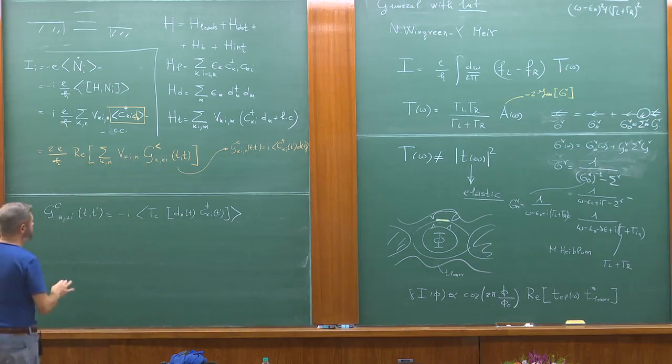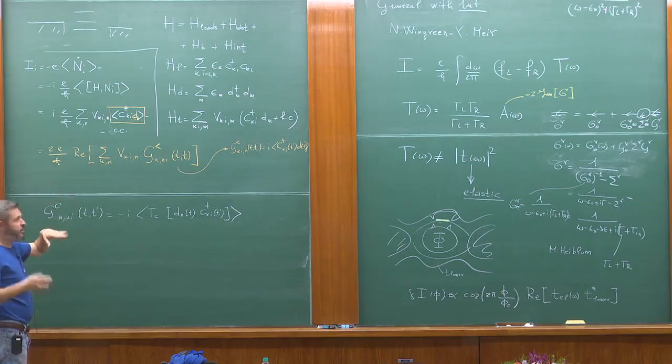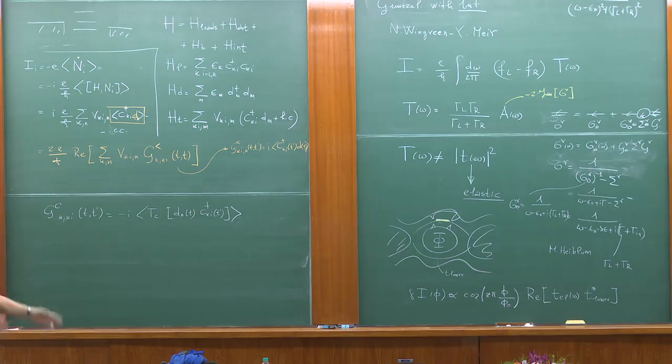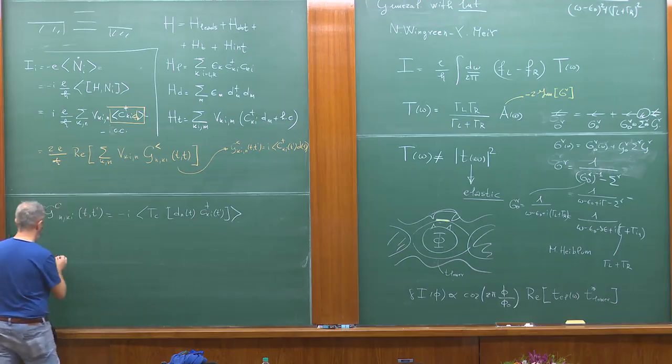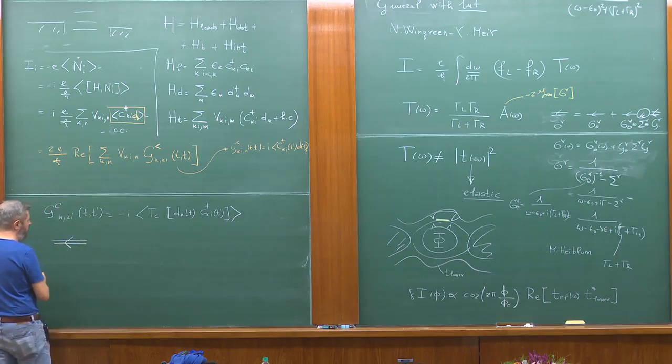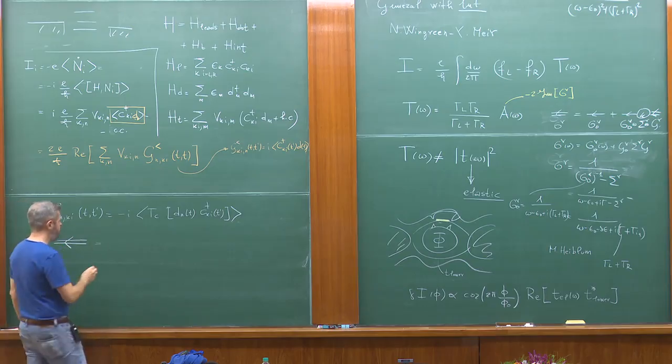And now I look at this and imagine that I'm taking H leads plus H dot as my H naught, and H T plus H interaction as my perturbative terms in the Hamiltonian. And then I crank up the perturbative expansion. So what will I get in general? I will get that my full Green function is equal to